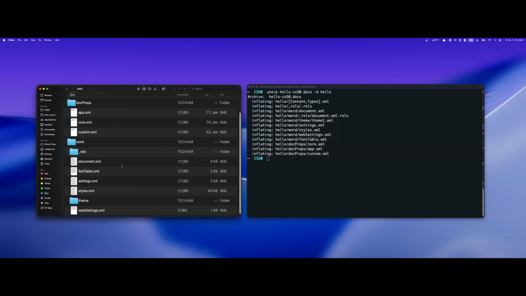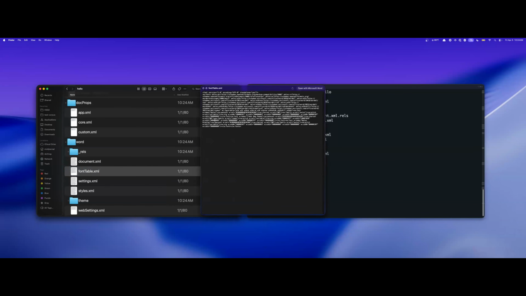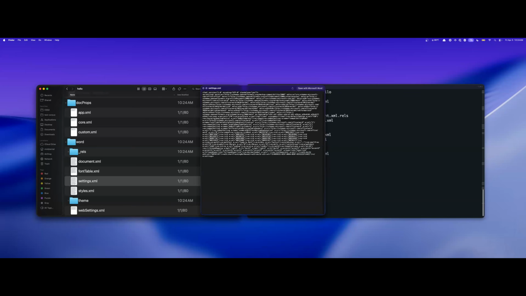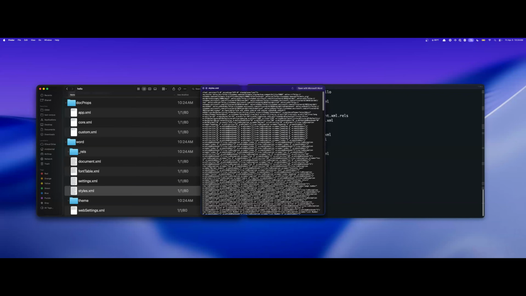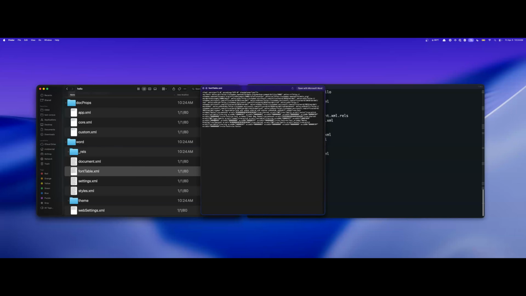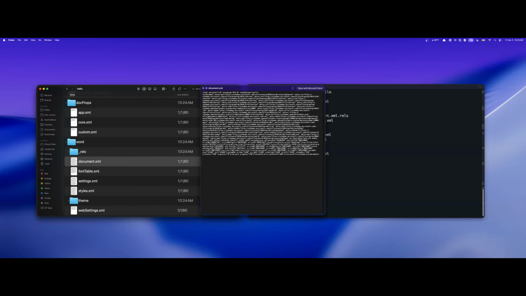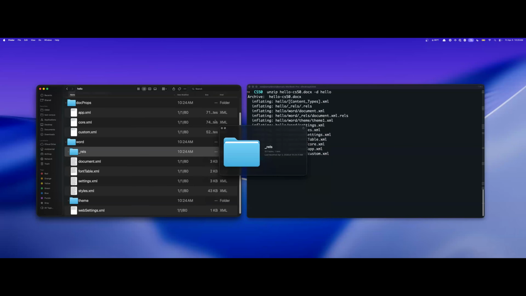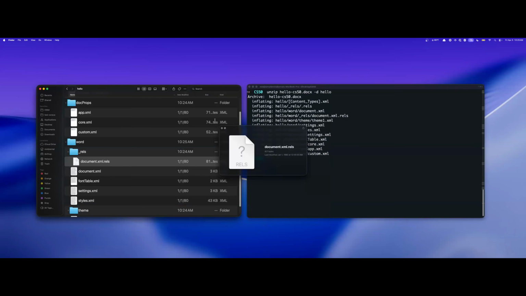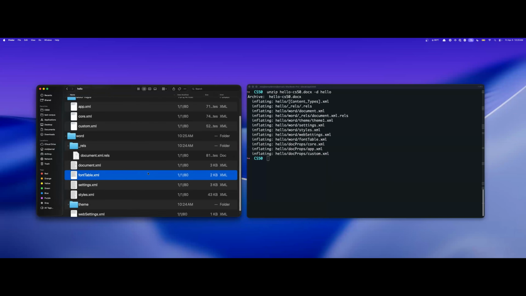You can see a bunch of folders, a bunch of files, and there's a lot of things called .xml, right? And you can see that if I open them, start browsing around, they look pretty cryptic, but they're still just text, right? And there's a lot of them. So it turns out that our one file has a lot going on.